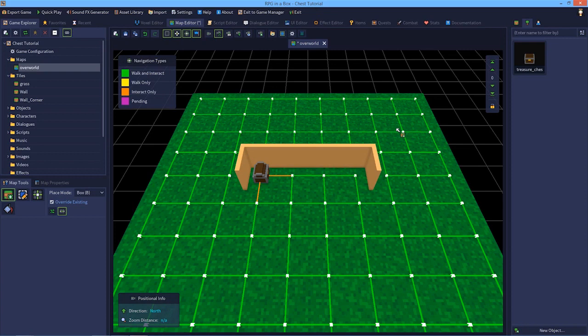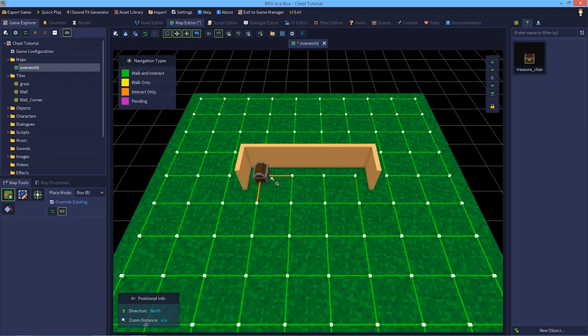So in this video I'm going to very quickly explain how to create a system very similar to Skyrim's in RPG in a Box. This is useful for a couple of reasons. First of all, it will allow you to have chests that have scripts attached to them but also still act as containers. But also it can be used by multiple NPCs being able to access a common inventory. So rather than making a specific inventory per merchant, for example, you could have all your merchants in the game share the same container. So, to quickly demonstrate why we have a problem with chests and scripts, let me quickly